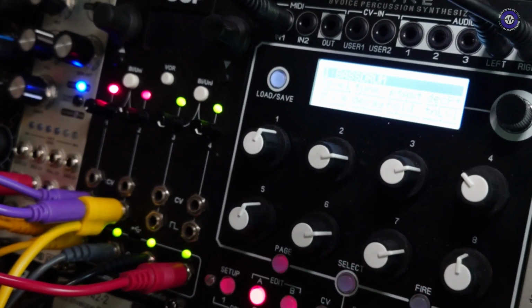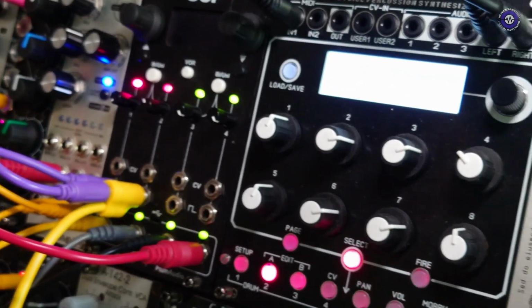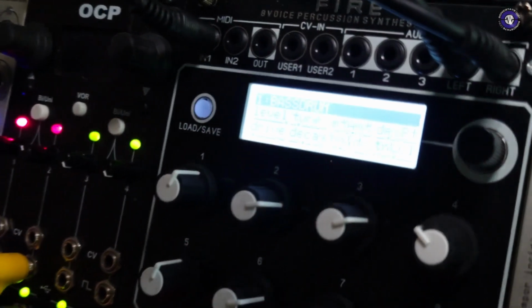Can you use the triggers and MIDI concurrently? Can you use them at the same time? You can, but it's messy. I mean, yes, you can, but